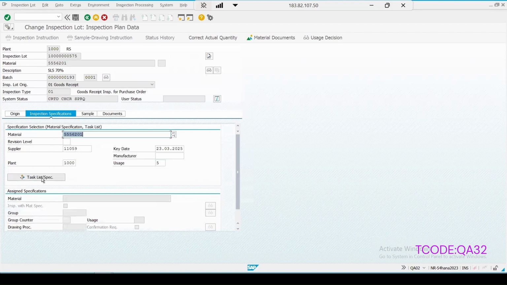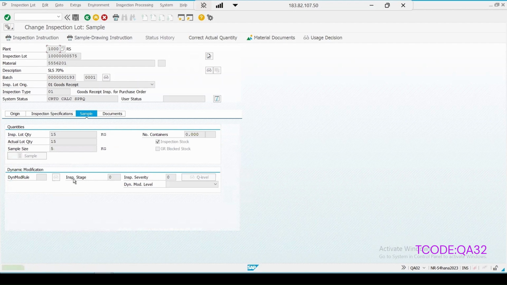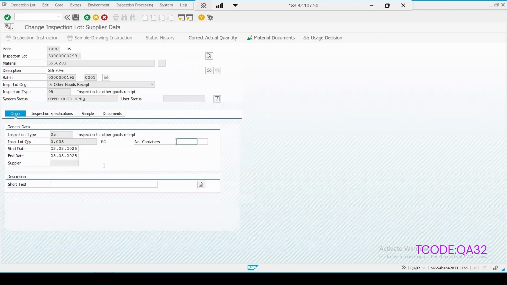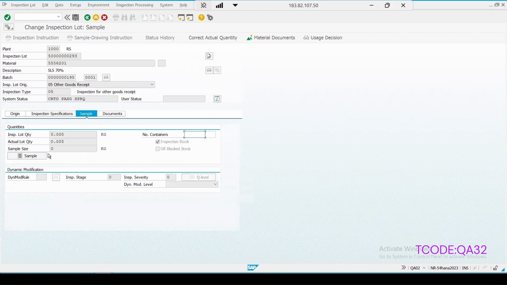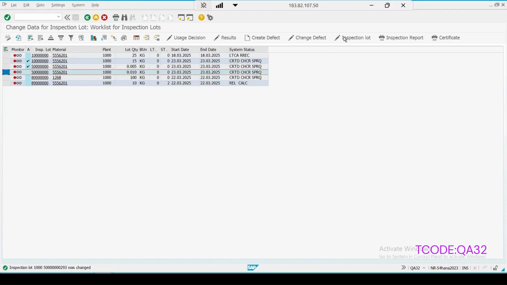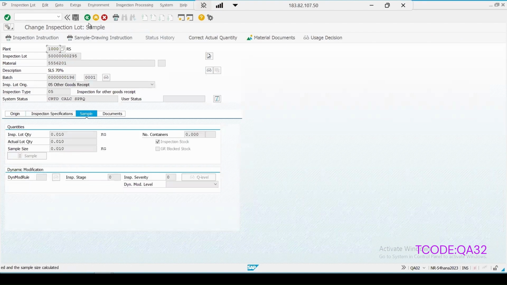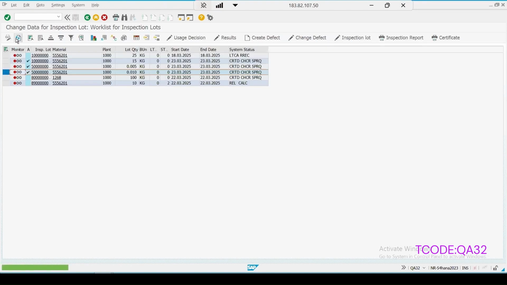So in the inspection specification, now the plan has been assigned and the sample has been calculated for this. Let me quickly do the same for all other remaining lots and save it. Refresh it, all the lots are released.